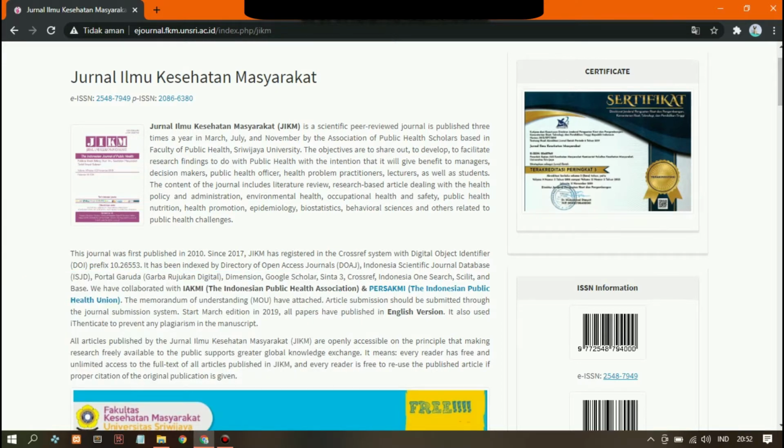The content of the journal includes literature reviews and research-based articles dealing with health policy and administration, environmental health, occupational health and safety, public health nutrition, health promotion, epidemiology, biostatistics, behavioral sciences, and others related to public health challenges.